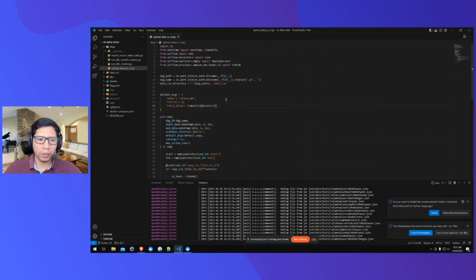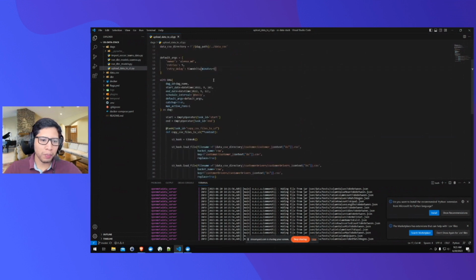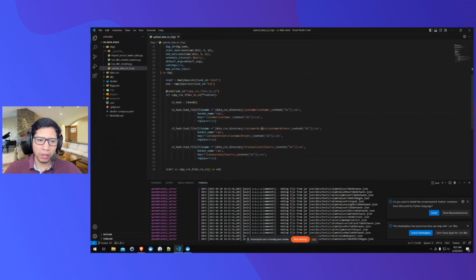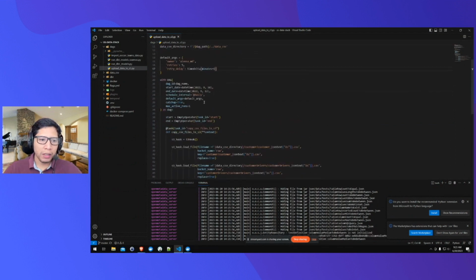Airflow uses this famous way to build pipelines that is called workflow as code. While we are coding, we are defining the steps of our data pipeline. So here I have a start and end operators. Operators are common tasks,